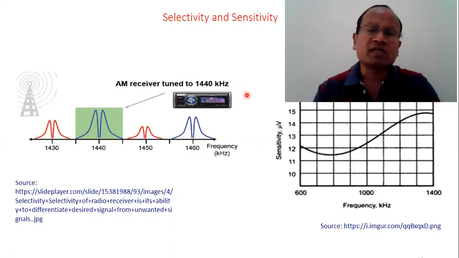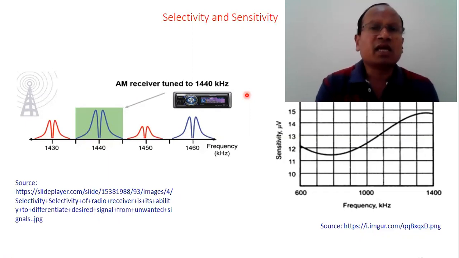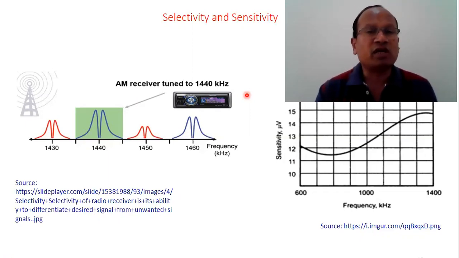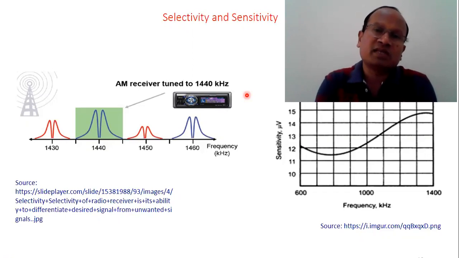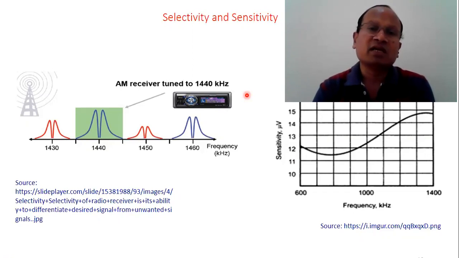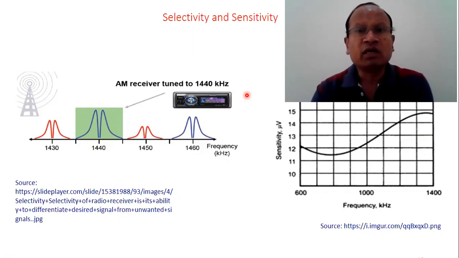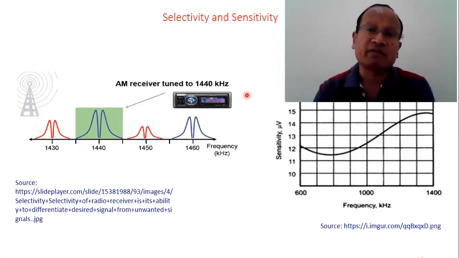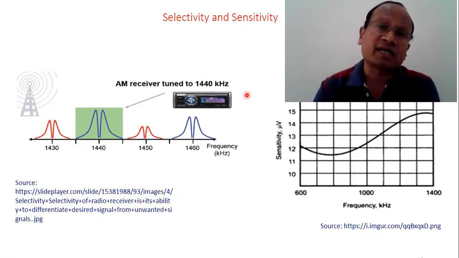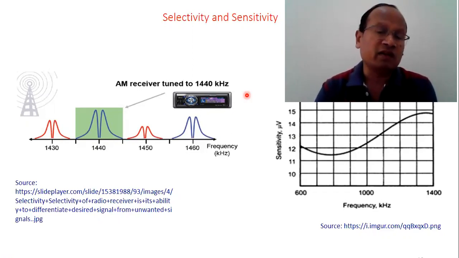So let's summarize this lecture. This lecture is all about the AM receiver. The AM receiver is the opposite of the AM transmitter. The AM transmitter is used to transmit the AM signal which is received by the AM receiver. In a simple block diagram of the AM receiver, we have seen that the antenna passes the signal through the RF amplifier where sensitivity is improved, then it goes to the tuner where we tune the wave which we want to extract, and then it is passed to the detector where the original message signal is separated from the modulated signal. Once audio is detected, it is passed to the audio amplifier, and then we can deliver it to the speaker.